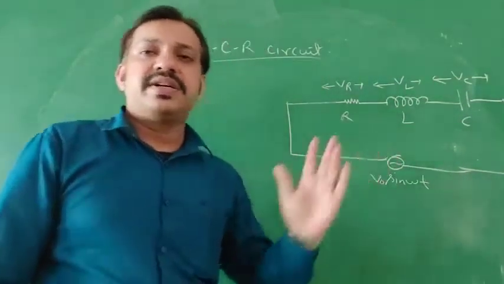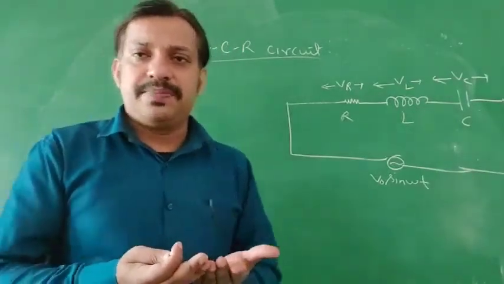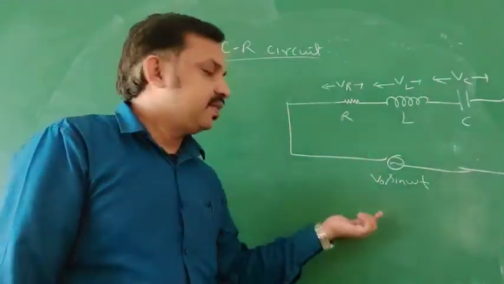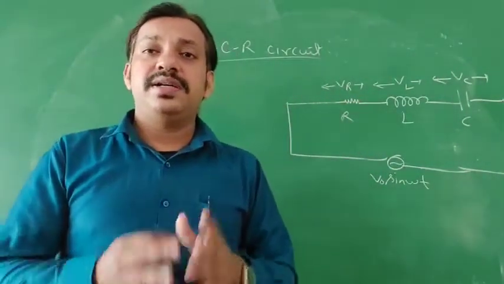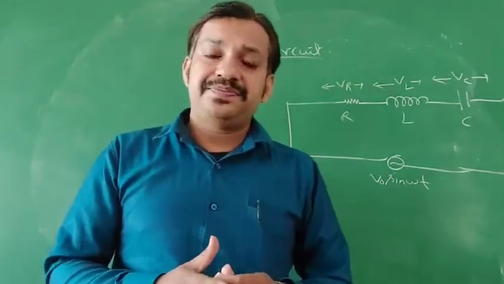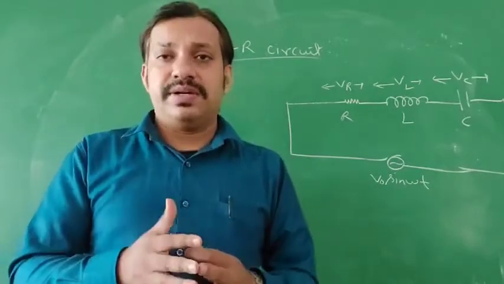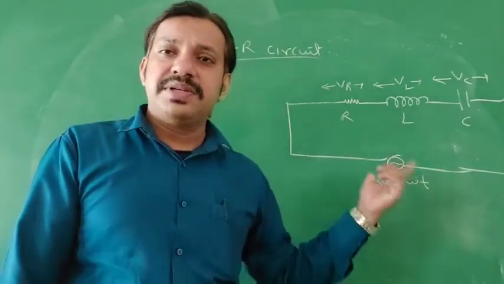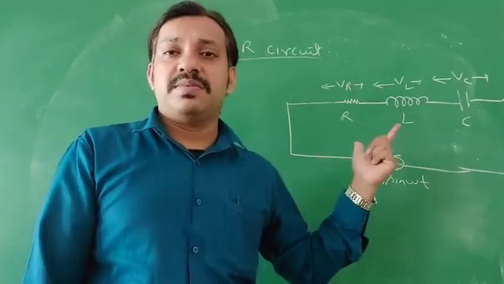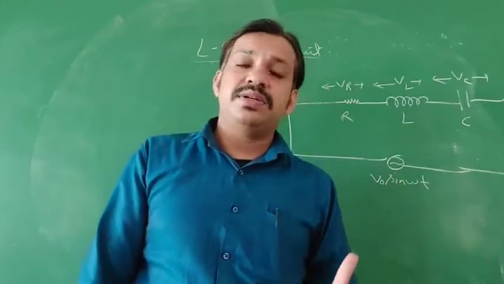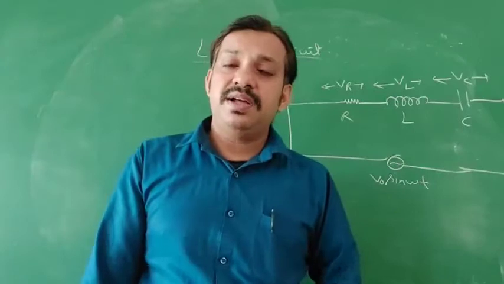Because all three circuit elements are connected in series, we have to take the sum of all the voltages. The applied voltage equals the sum of all the voltages. But as I mentioned at the start, in alternating current we consider the variation of voltage and current as a vector quantity. So here we take the vector summation, because the variation is not similar to a scalar; we have to deal with vector quantities.